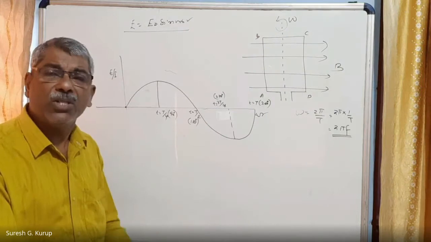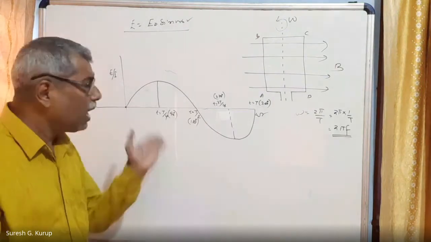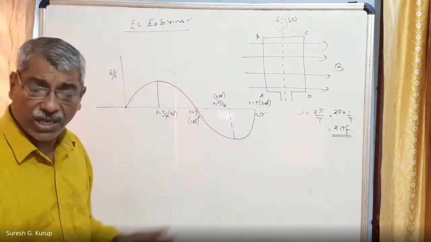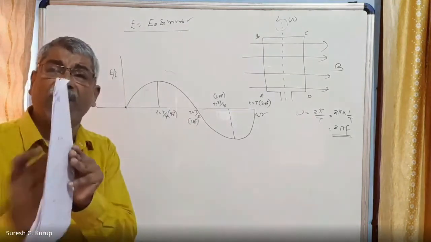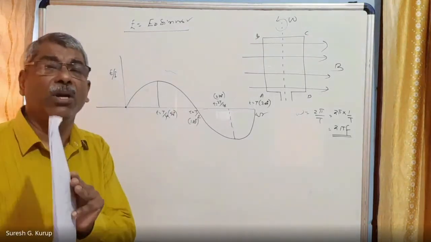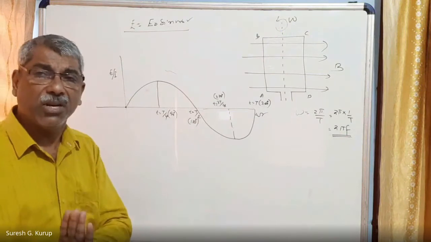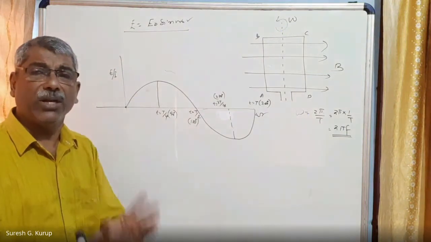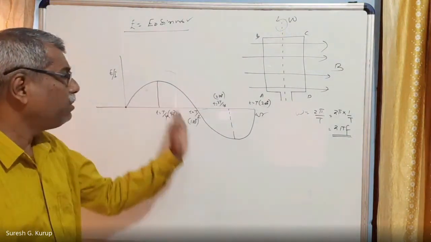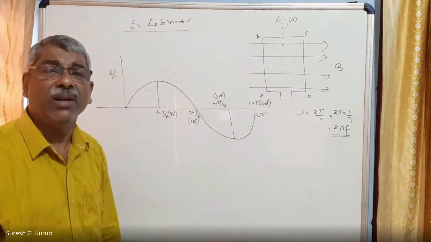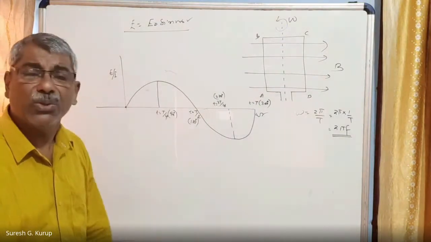That means the coil is rotating from the mean position and it just goes on. Initially, it is perpendicular, meaning magnetic field lines are perpendicular to the plane of the coil. That is the initial position. Then the coil starts rotating in the anti-clockwise direction. EMF varies sinusoidally. This is what is called a sinusoidal EMF.